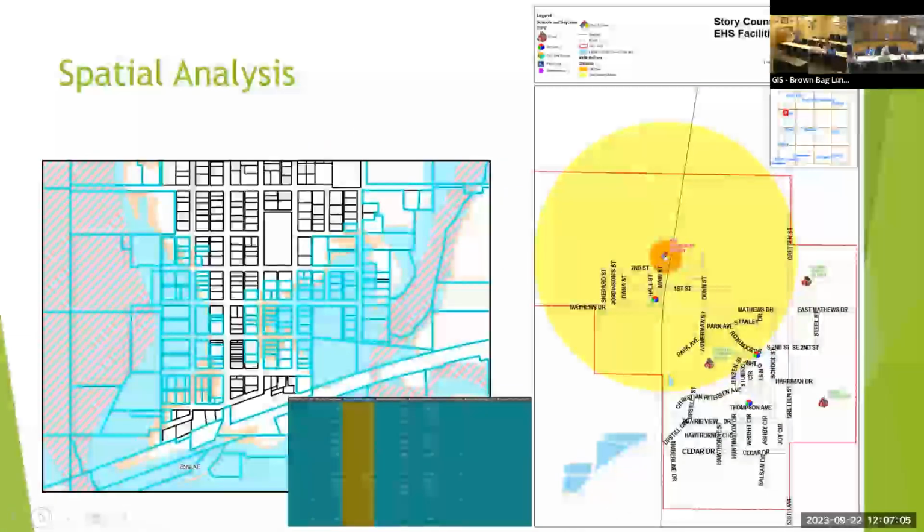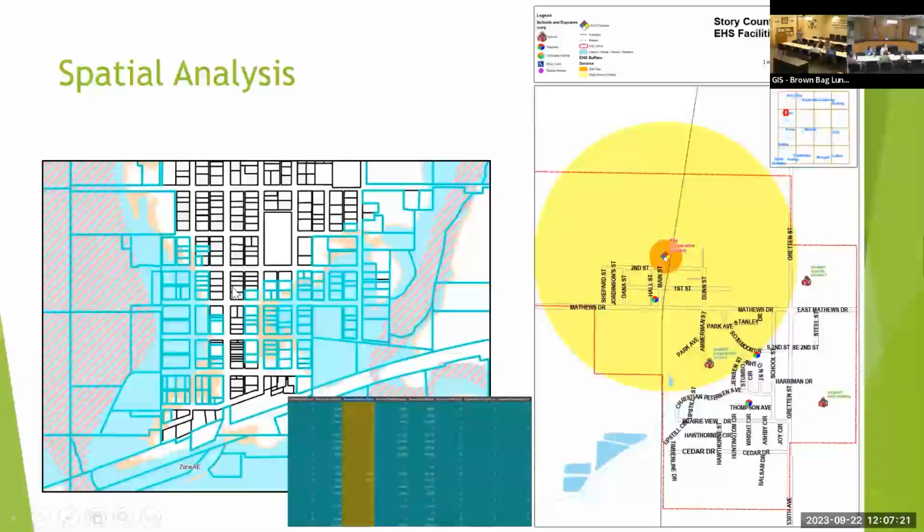So we can also use those layers to interact with each other. So for like a spatial analysis type of function, on the screenshot on the left there's a parcel data, which are the black outlines. And the ones with the blue outlines are selected because they were the ones that crossed the flood zone that's behind there, another polygon layer. So we're able to just fairly quickly make a selection, say, hey, I want to select all the parcels that intersect this flood layer. And then boom, you have it in the table there on the bottom there.